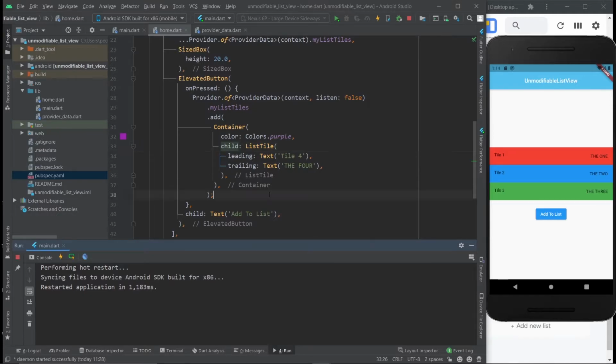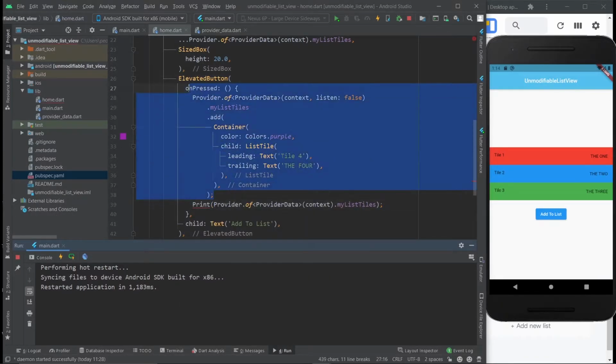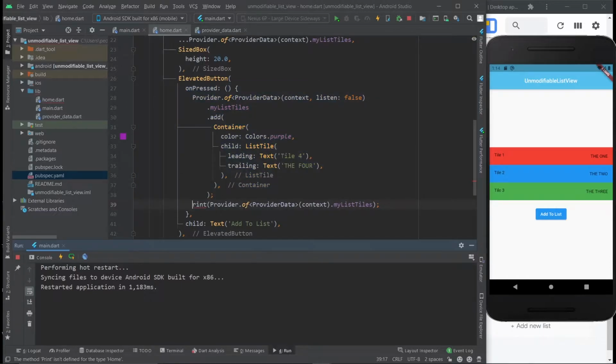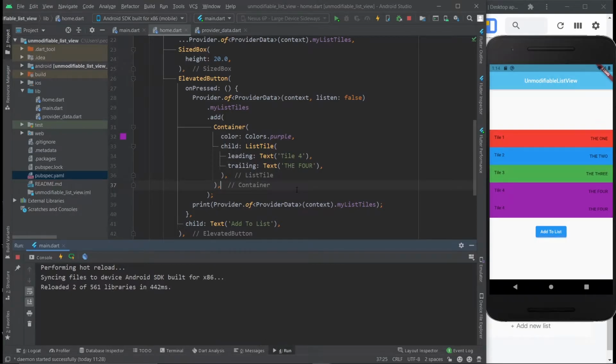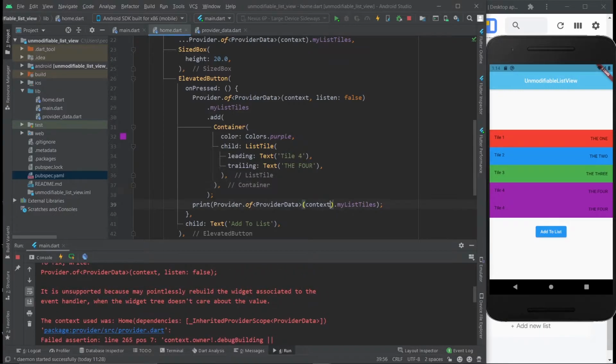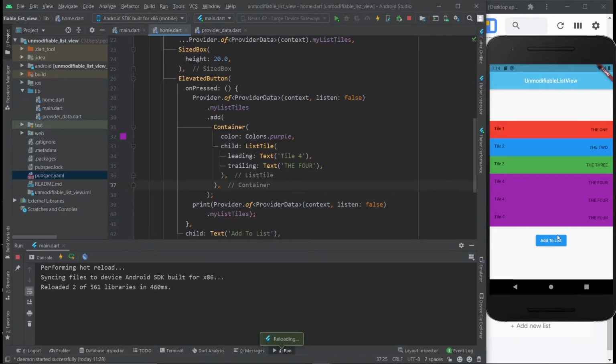So I'm gonna add in a print statement that prints out the list after this code right here has been run. And my bad here, I meant print like this. Let me save this. And funnily enough, we don't even need the list anymore, because just by hitting hot reload, the list updated to what it is. So as you can see, we actually added it twice already. And if I hit it again, we're going to get another error because I forgot to add the listen false here again. Sorry about that. I'm going to hit save again. And once again, there's a new element to the list.